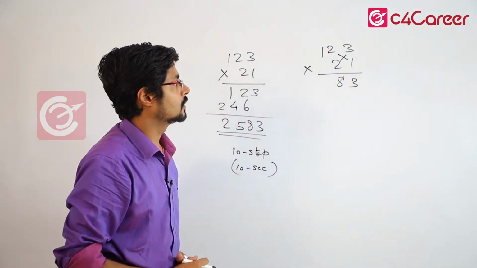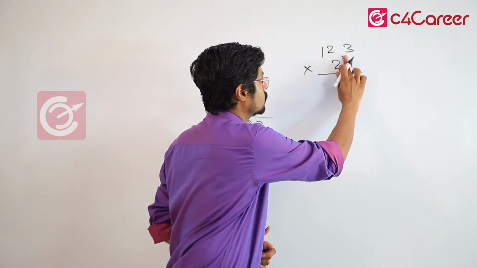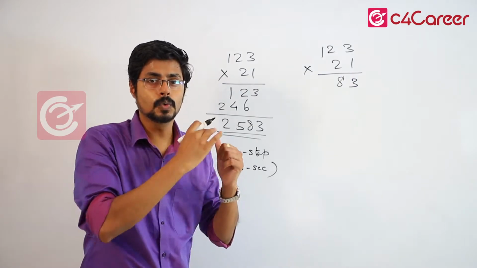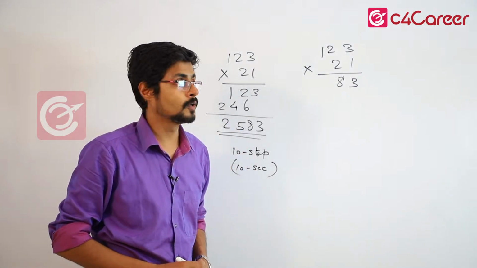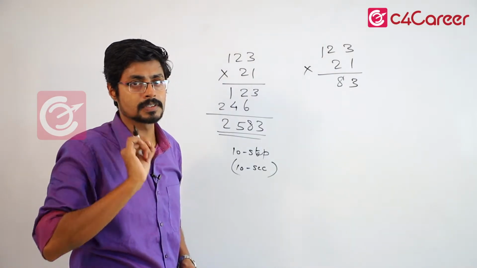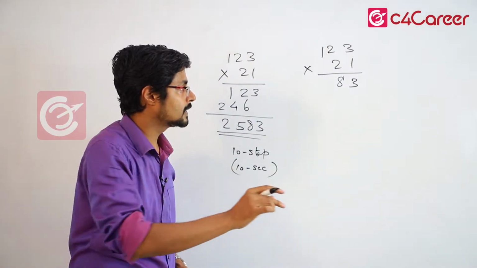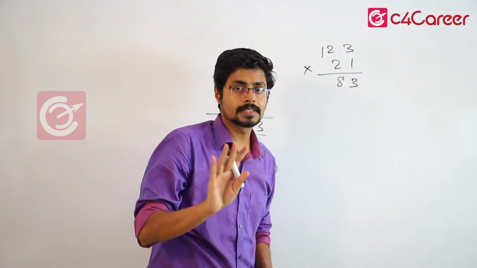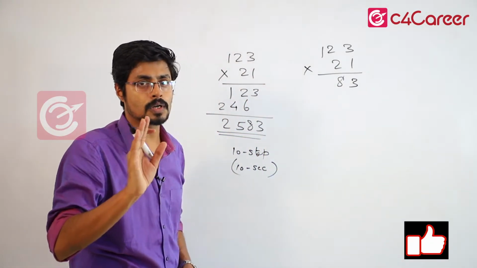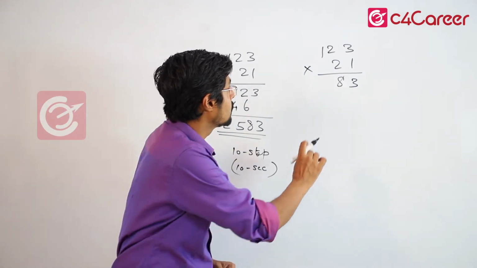Now is the important part. The third step, I'll rub this off. The third part, which is new here, which was not there in the previous video, because now we have a 3-digit number, there is a new step here. So the third step is the new one. Remember that first step and second step are the same as our 2-digit multiplication. The third step is the new one, so you have to note this importantly.